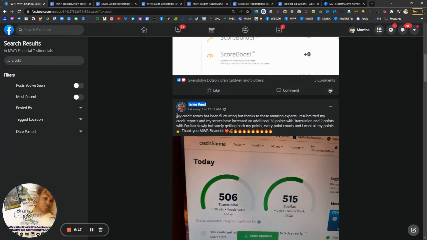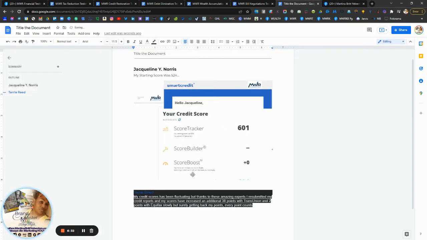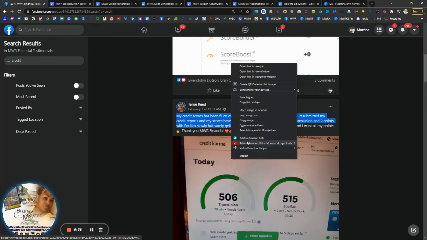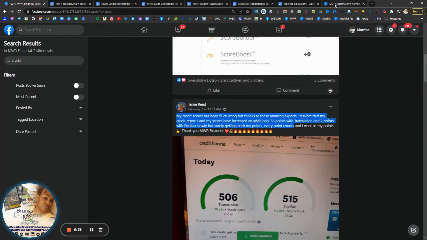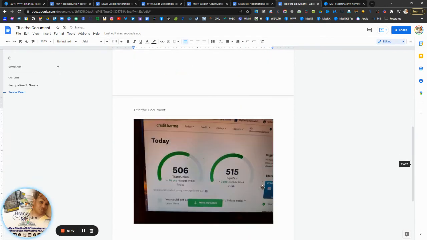Let's see, she was saying my credit score has been fluctuating, and let's go down to I want all, and she says that she wants all her points. Every point counts. Let's just grab that much of the text, bring it over here inside of our document, drop it in there, go down to the next line, go back, and let's grab her image, and let's bring it into our document here. So now we have another one that we can utilize.